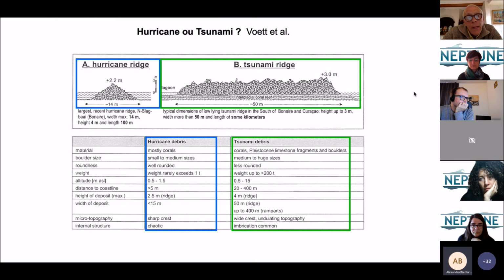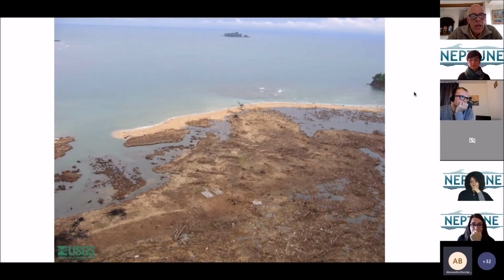But unfortunately, there is such a huge variability of settings and sedimentary environments on our planet that a methodology from Bonaire is not applicable to another site. So it's locally very efficient and globally not really useful. And the last point concerning the present-day sedimentary impact I want to insist on was the